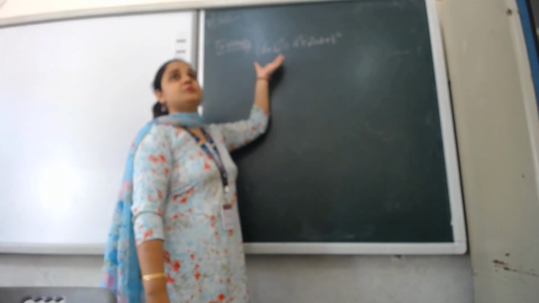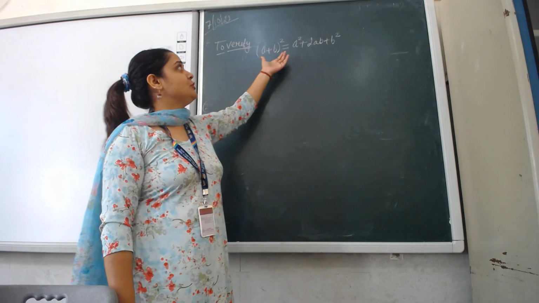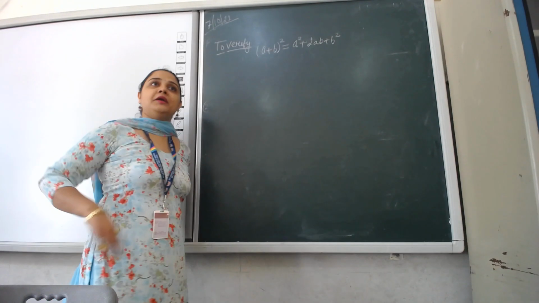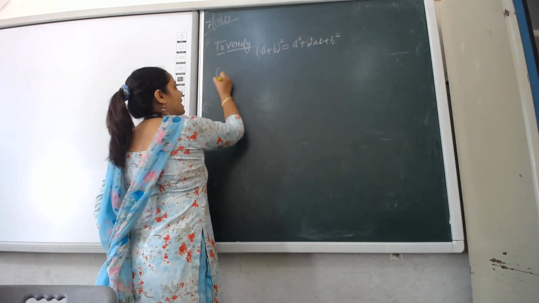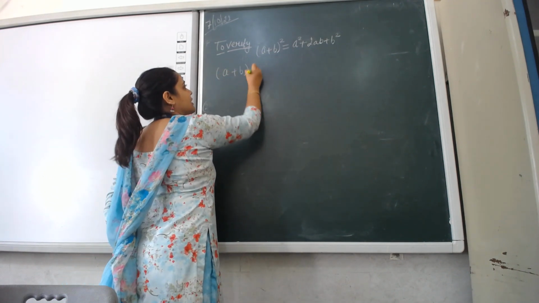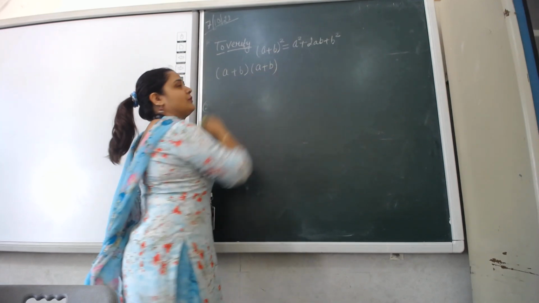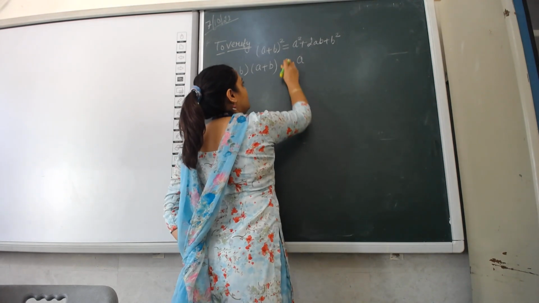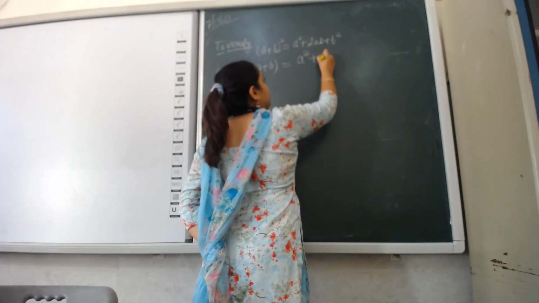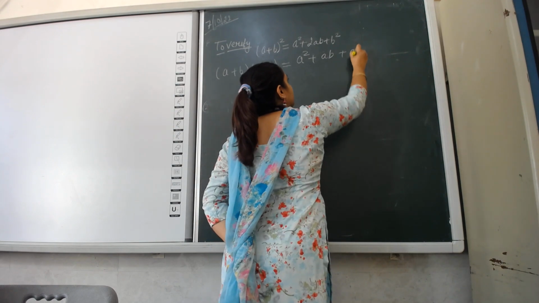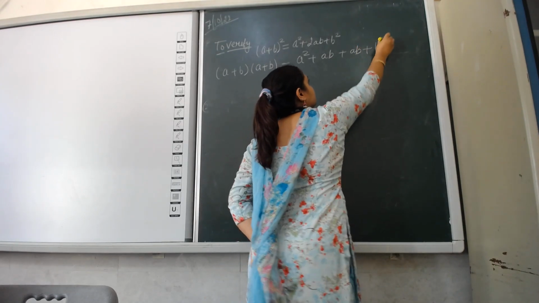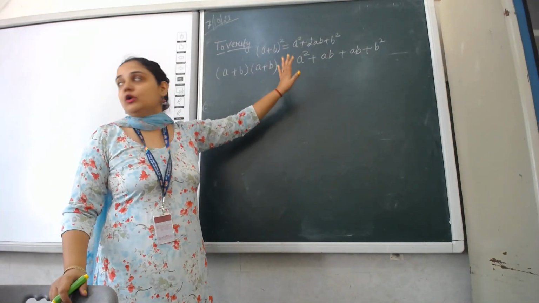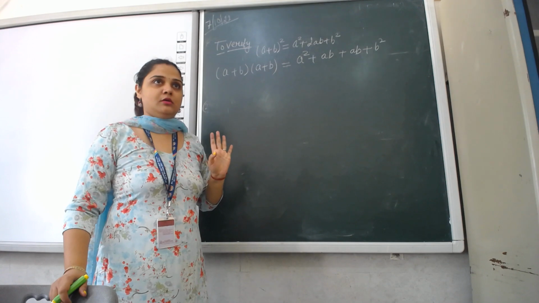We will verify this by visualization today, that (a + b)² is equal to a² + 2ab + b². Okay. So I'm just writing it in another way. (a + b)² can also be written like this, (a + b) into (a + b), right? And a² + 2ab + b² can also be written as a² + ab + ab + b², right? So I am writing these four expressions, but all four expressions mean the same thing.